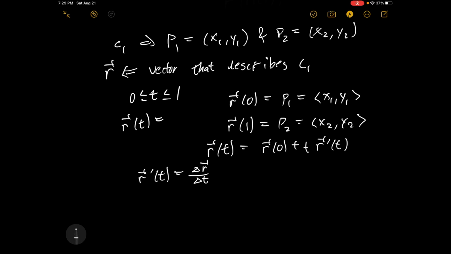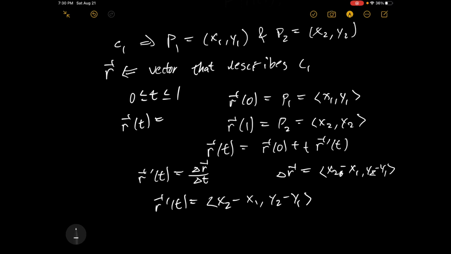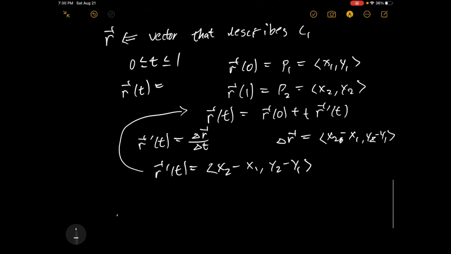And therefore we know that the change in r is r1 minus r0, so that's just x2 minus x1, and then y2 minus y1. Right, and then we know that the change in time is 1, so therefore r prime of t is x2 minus x1, y2 minus y1. And then we go back here, and therefore we obtain that r of t